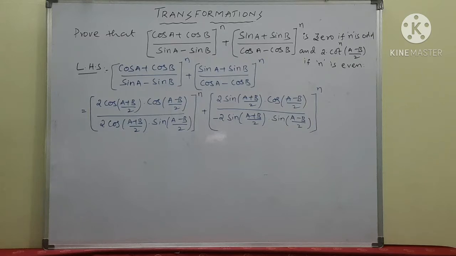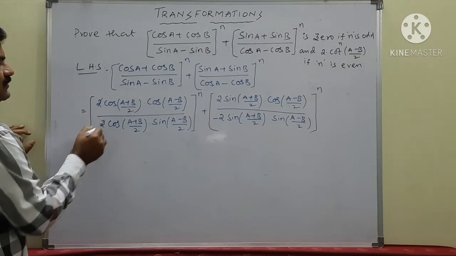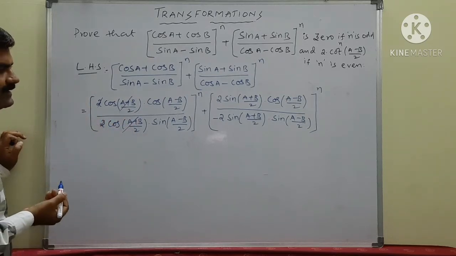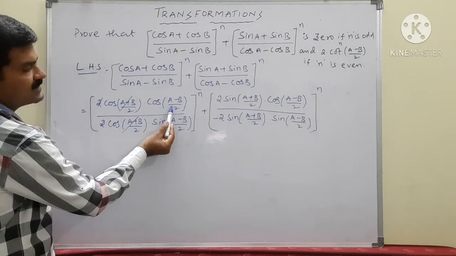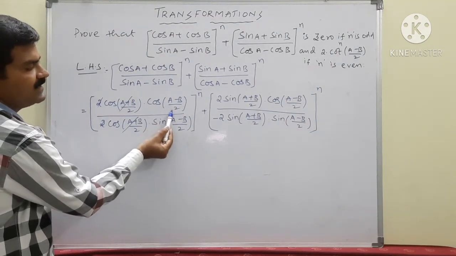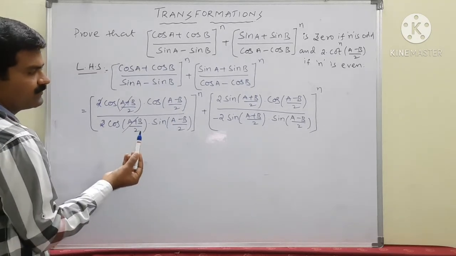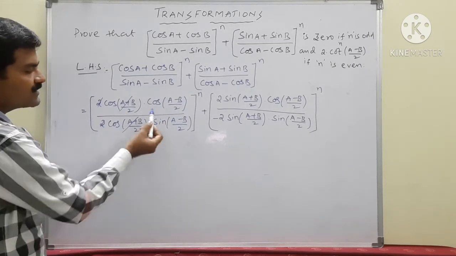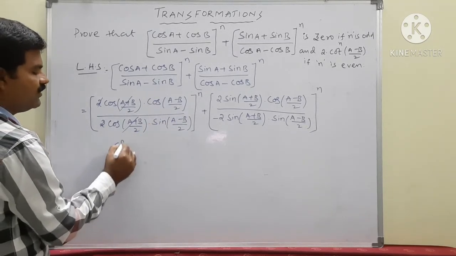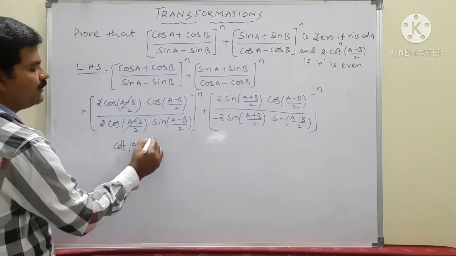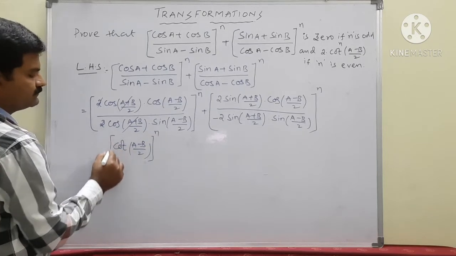So observe this carefully. 2 and 2 getting cancelled. Even cos of (A plus B)/2, cos of (A plus B)/2 also gets cancelled. Now look here, in the place of theta, this is (A minus B)/2. That is cos theta by sin theta, theta is same. So what is it? Cos by sin, cot. So cot of (A minus B)/2 whole to the power of n